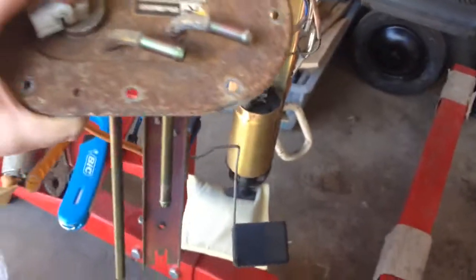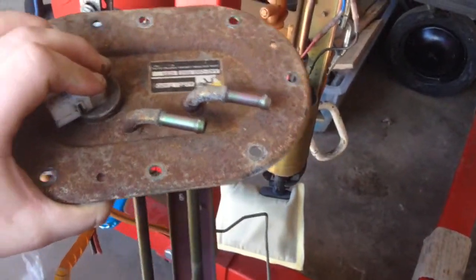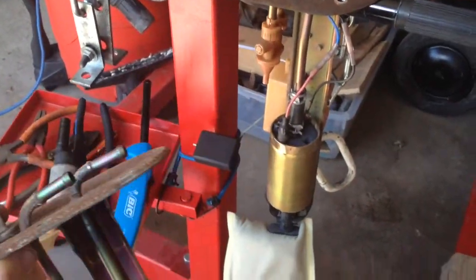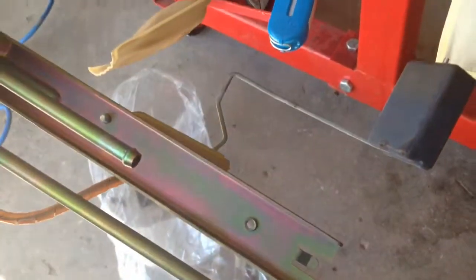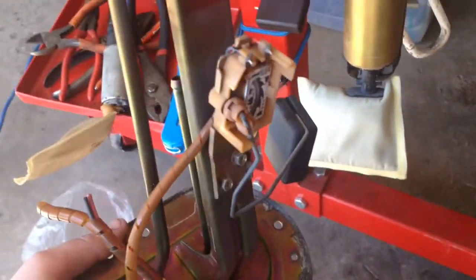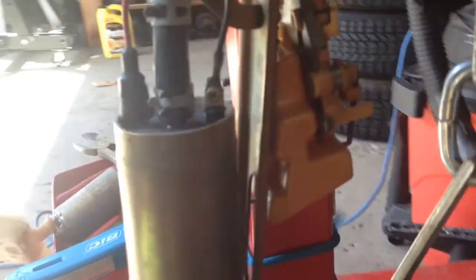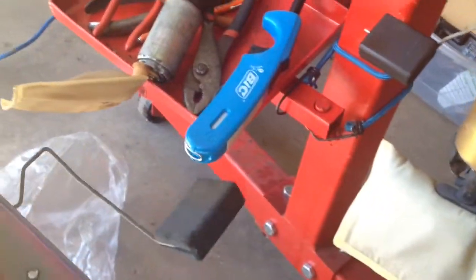So obviously I couldn't just drop the 93 in because I'd have a check engine light for emissions or something. So what I did was, as I disassembled this one, it was actually completely different. Everything is different on this one. It's way smaller, way less streamlined, stuff like that. Whereas this one has so many extras, like the float is even completely different on it. So what I did was I took out the gigantic fuel pump, and all I really did was I